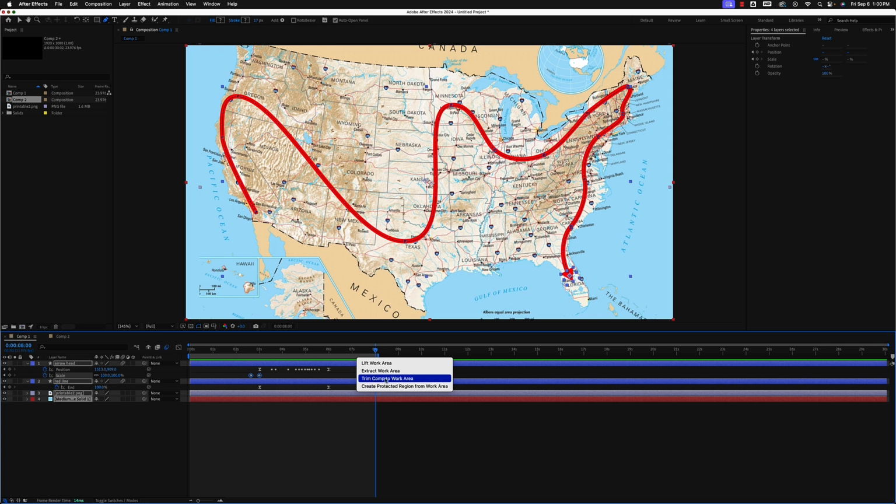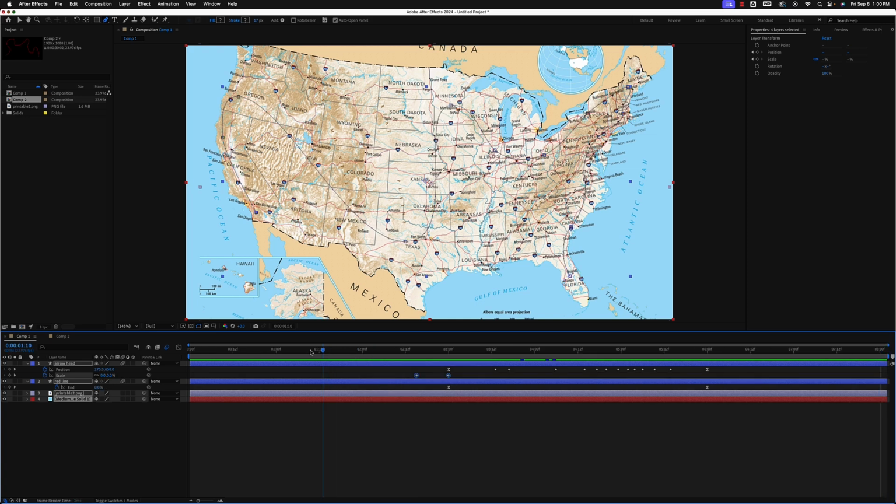Because of this, I don't really worry about the duration of my projects when I'm opening a new comp. I usually try to leave it a little bit longer, knowing that I can always trim it down later. And there you go. So if we start right here,